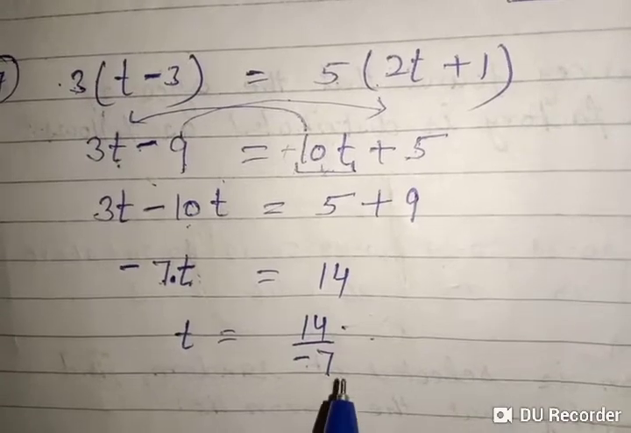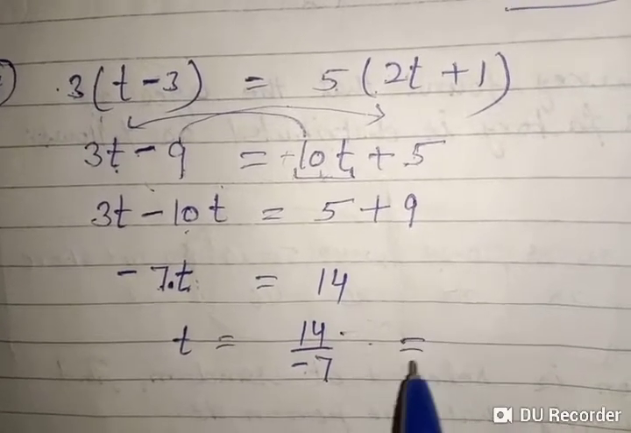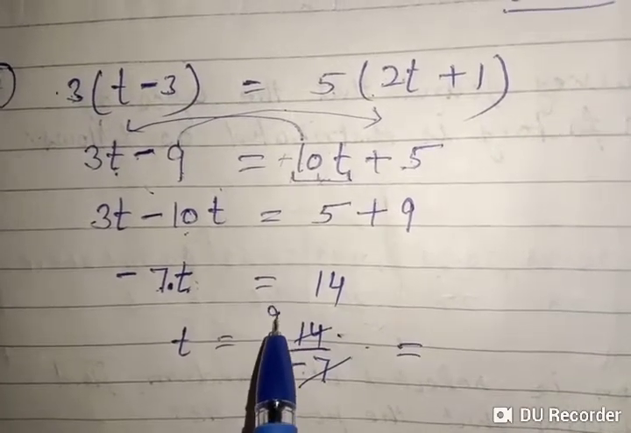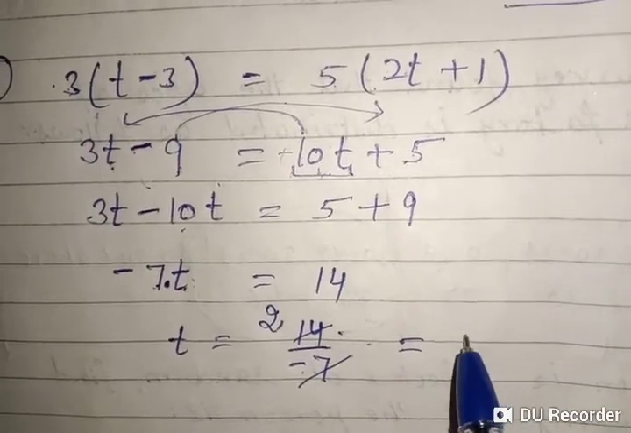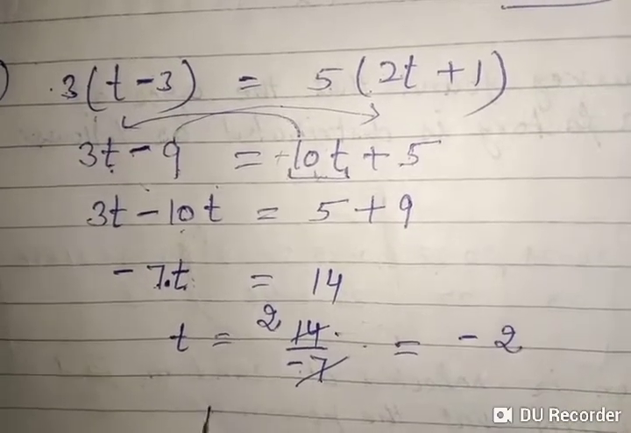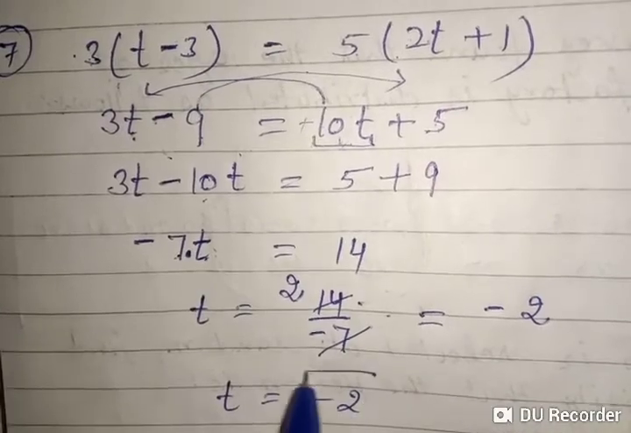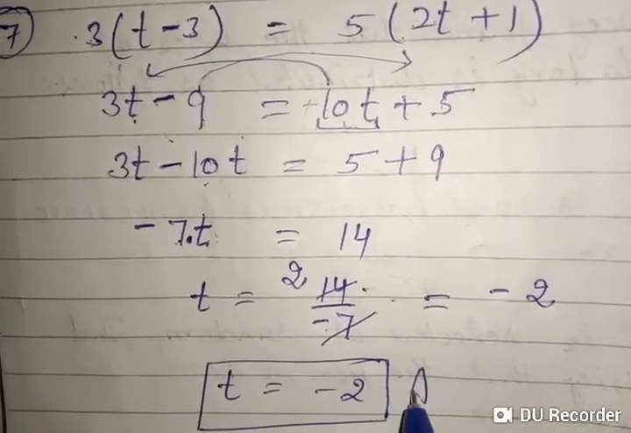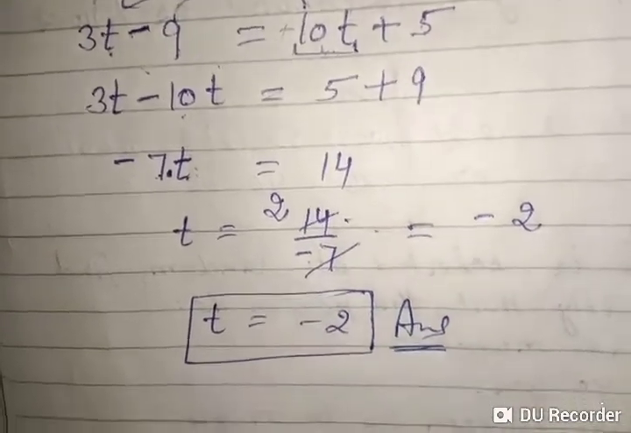You have done it in 7th also, the same concept. So we can cancel this 7, and 14 will give 2. Shift this minus to the numerator. So t is equal to minus 2. This is our final answer of this question. Now the 8th question says